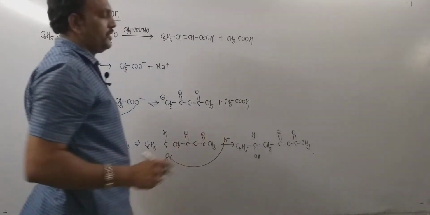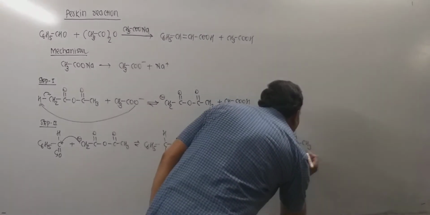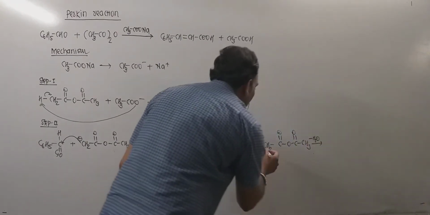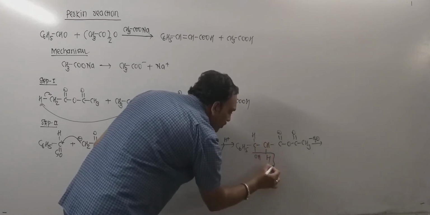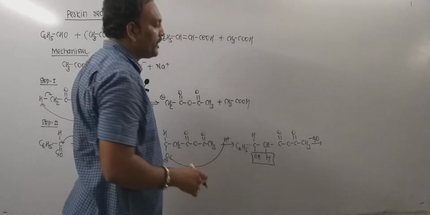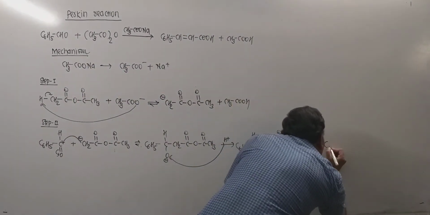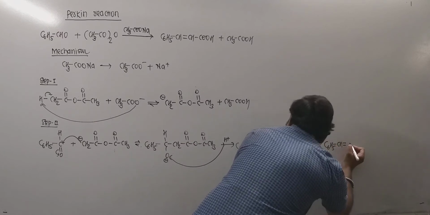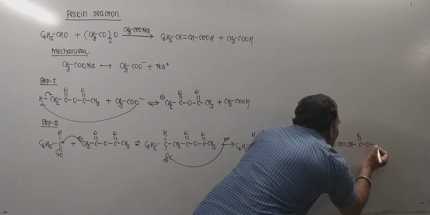Now this would prefer to undergo dehydration. It may lose water molecule like this. This CH2 can be given as, so water may get departure from here, and due to which here comes double bond, and that leads to the formation of an intermediate product that can be given